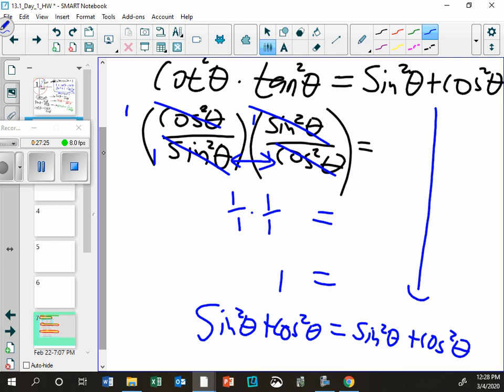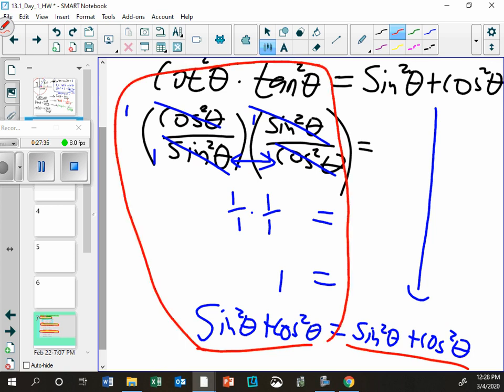You know you've done your proof properly if the very last line is exactly the same on the left and the right. You only messed with one side, and every substitution you made came from our list of things we agreed upon. Like cotangent is cosine over sine. That was on the list. Tangent, that was sine over cosine. That was on the list.